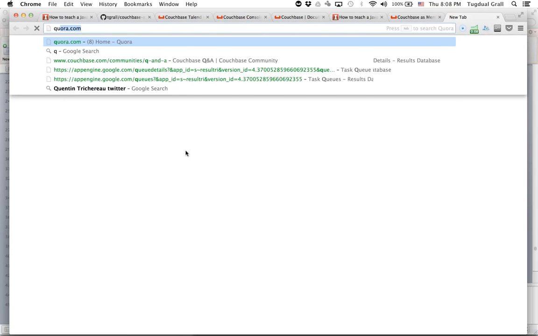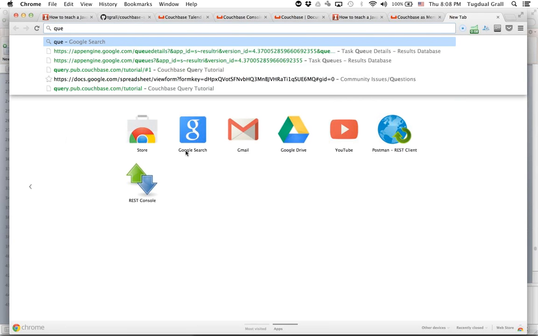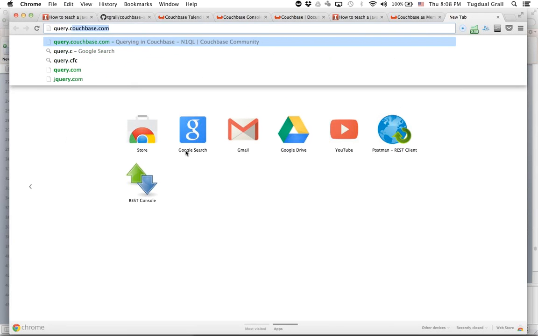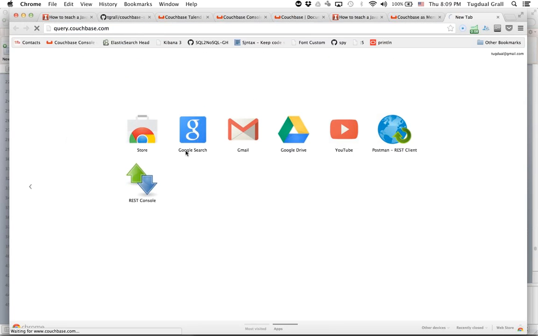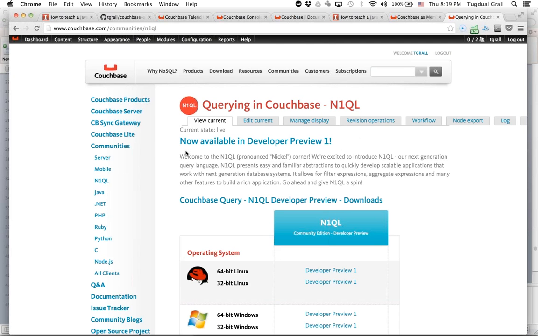But at the same time, what we are working on right now, so this is something that I will show you quickly, you go to query.couchbase, and you will see the query language we are building for the next release of Couchbase. It's available as a developer preview and allows you to do very complex queries with Couchbase.